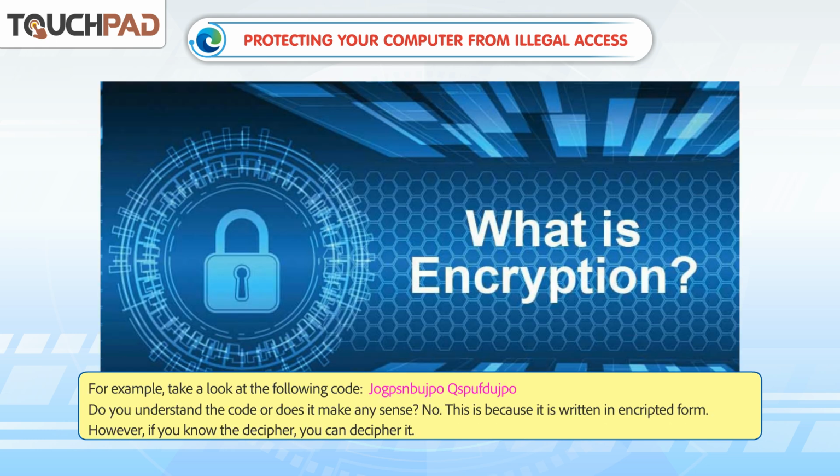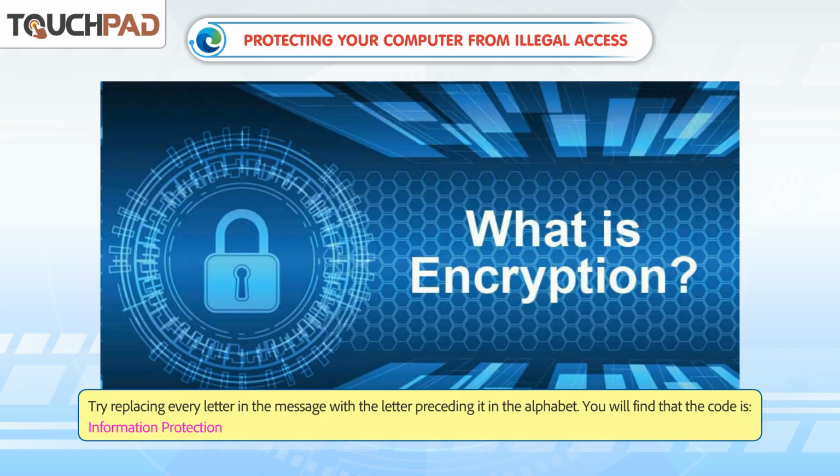For example, take a look at the following code. Do you understand the code, or does it make any sense? No. This is because it is written in encrypted form. However, if you know the decryption method, you can decipher it. Try replacing every letter in the message with the letter preceding it in the alphabet. You will find that the code is